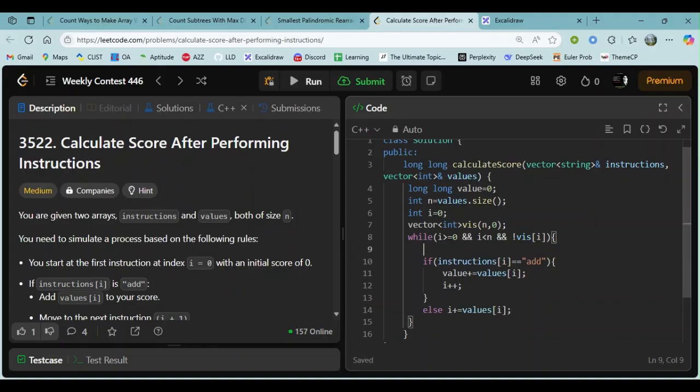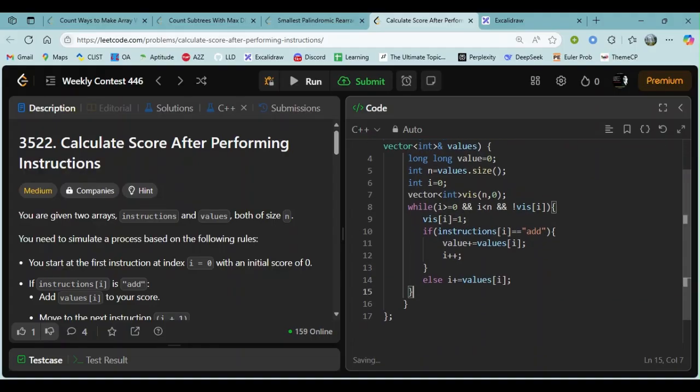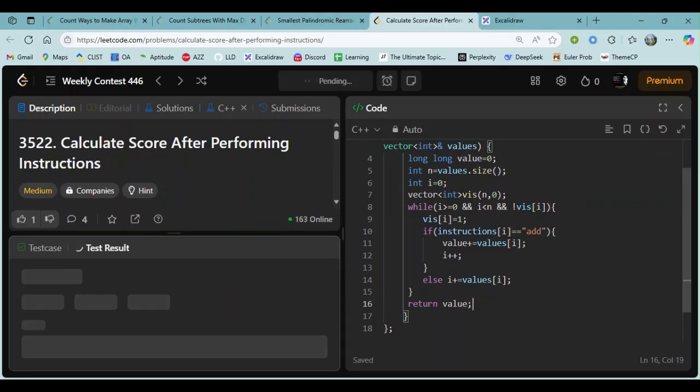Okay, and since we also have to mark this index visited, we will just mark it by 1, and at the end we just return our value. I hope you understand the problem.